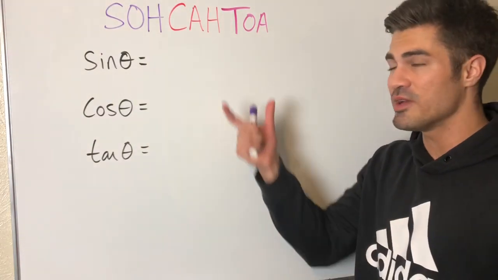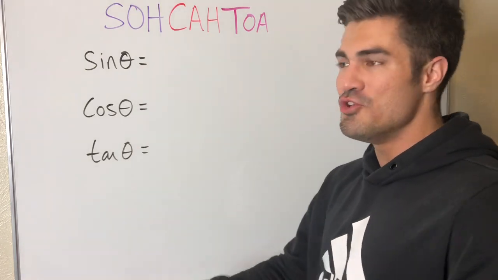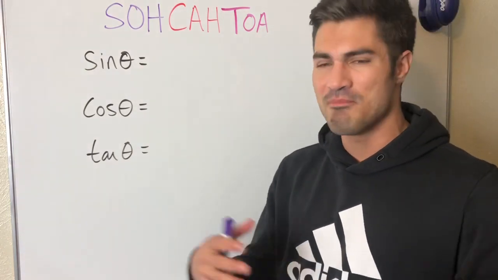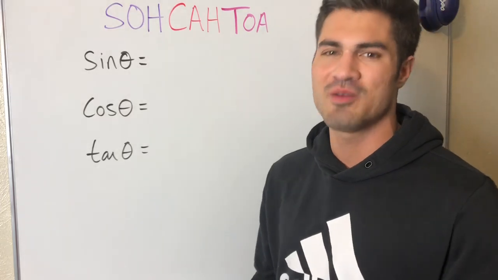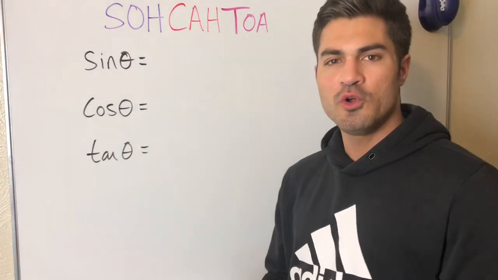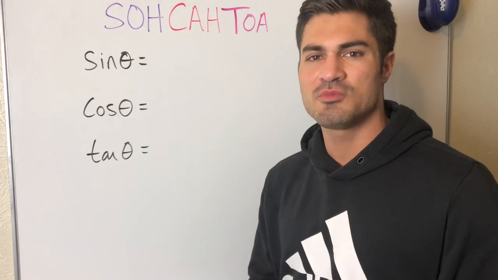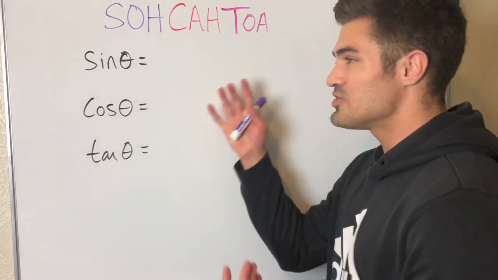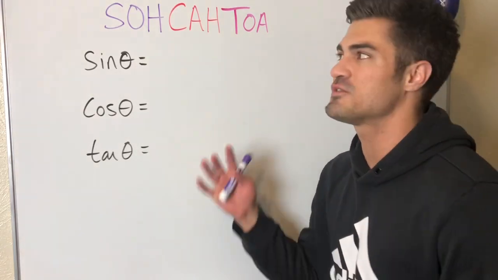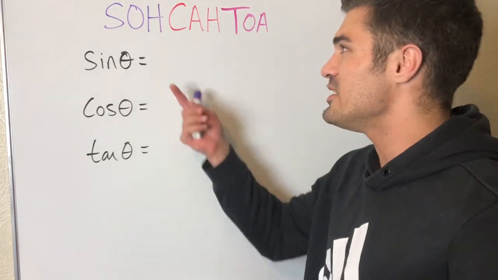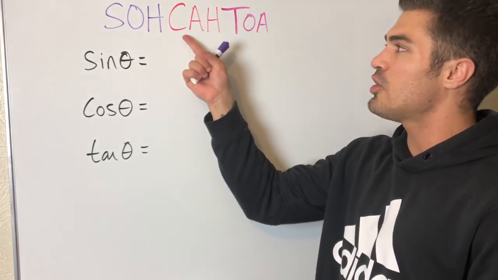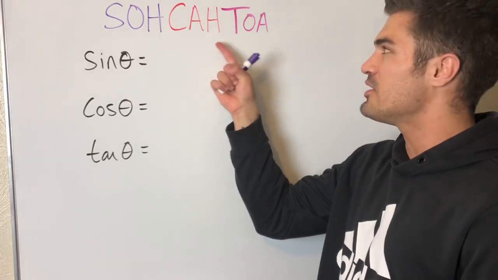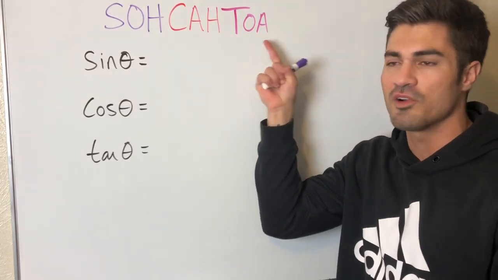So, SOHCAHTOA, this is an acronym. It's a mnemonic device, a memory aid, basically, kind of like PEMDAS. We use PEMDAS to remember the order of operations, or like FOIL, we use FOIL to remember how to multiply two binomials. Well, we use SOHCAHTOA to remember our definitions for sine, cosine, and tangent. So what it means is sine equals opposite over hypotenuse, cosine equals adjacent over hypotenuse, and tangent equals opposite over